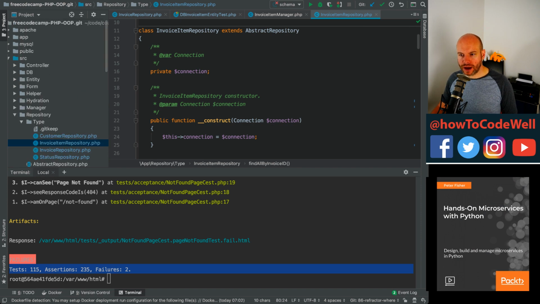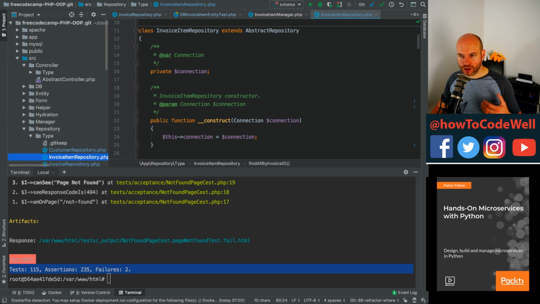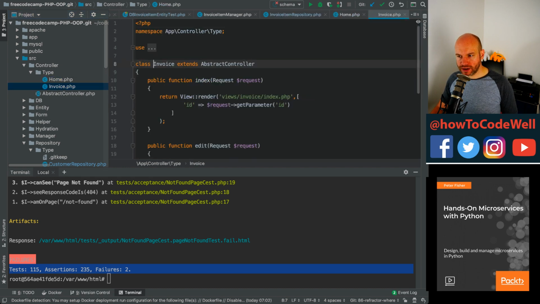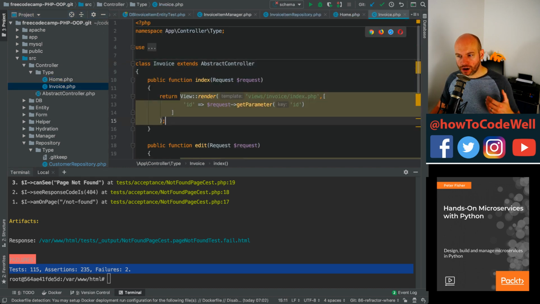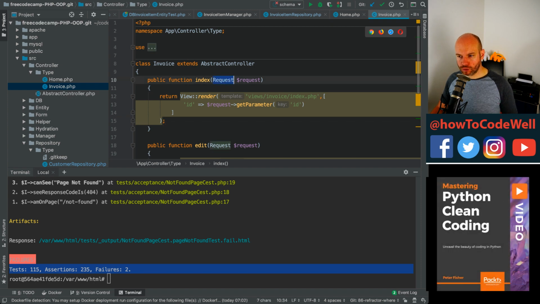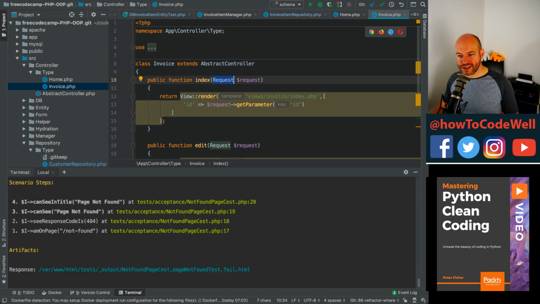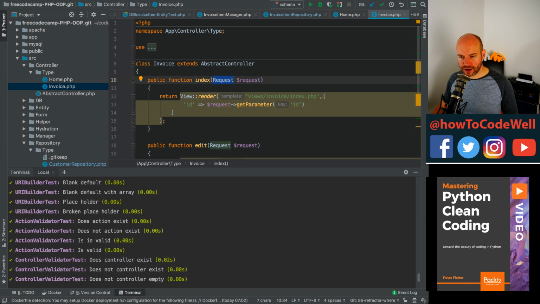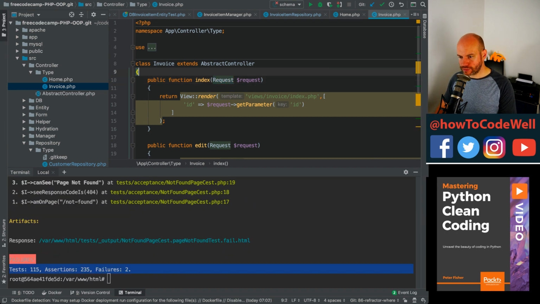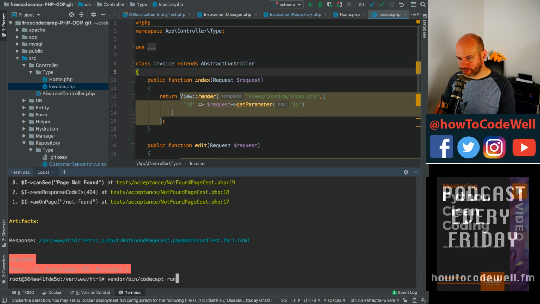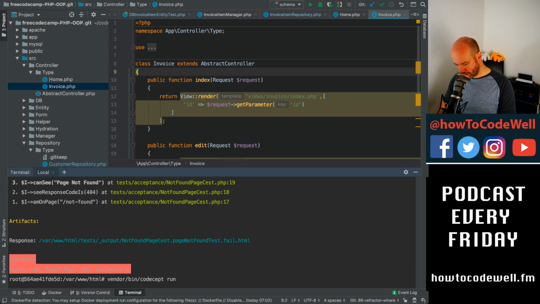We also have some controllers here. We haven't really played with these in a long time, but these controllers are running off of the request. These are actually working. These are actually being used through this whole acceptance test malarkey. So if I was to run the acceptance,